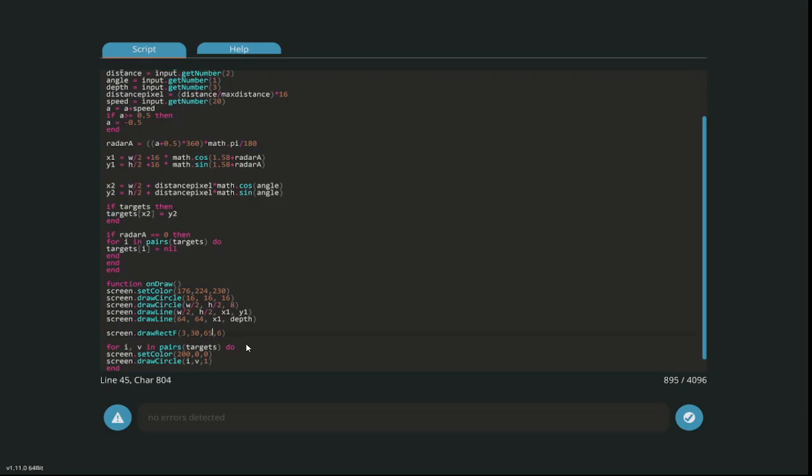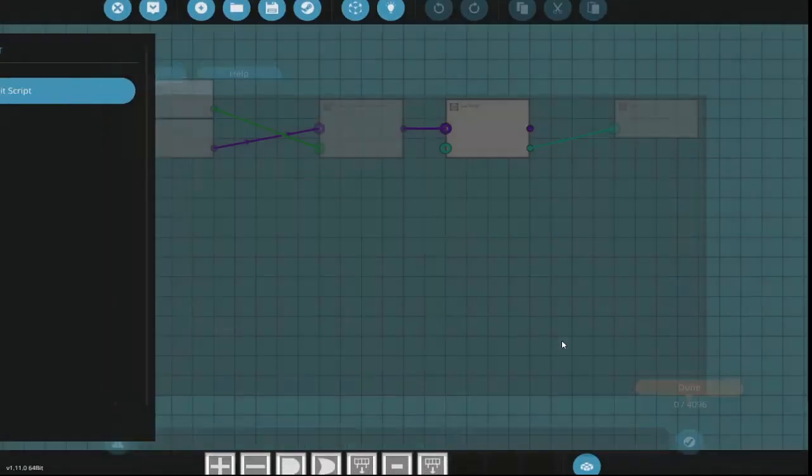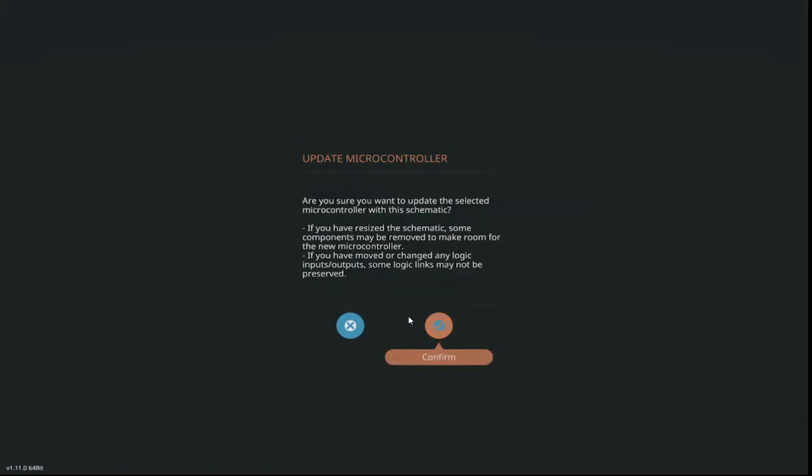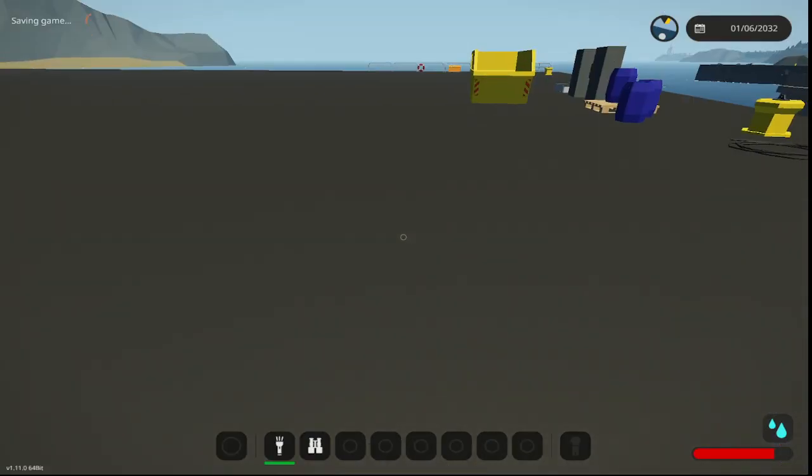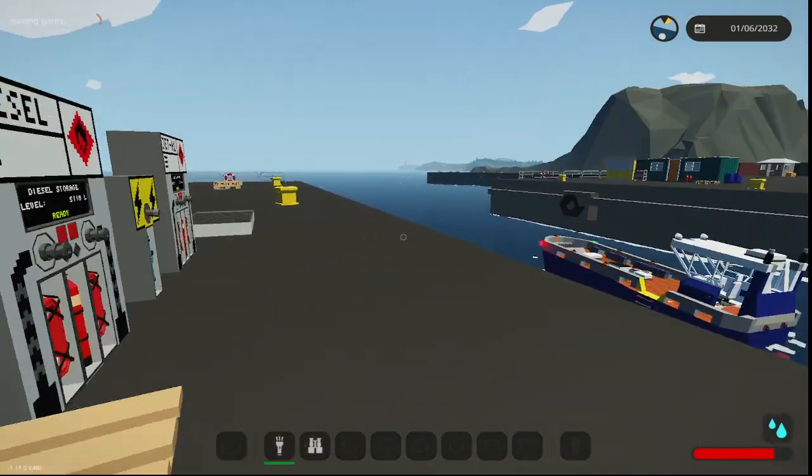I don't know, let's try something. I think this one is going to be space. No, this one's going to be depth. Whoops. So we're drawing a rectangle full is basically what we're doing. We're filling it up, and then we're going to try and make it that color. I'm just playing around here basically at this point in time just to see the way that the code I have it expands